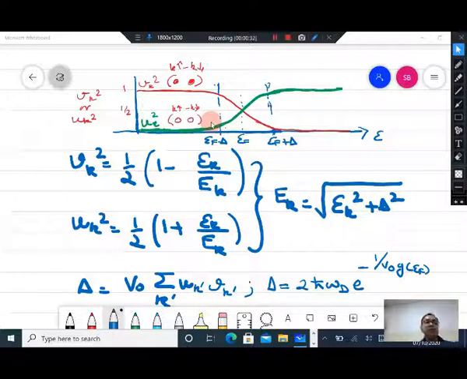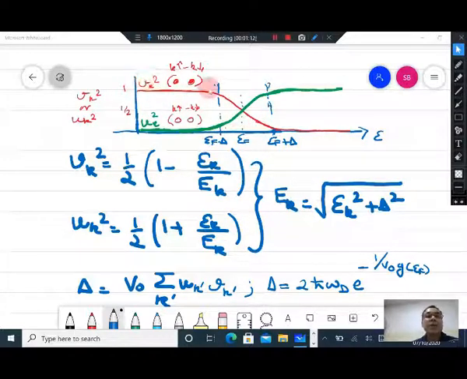It is a product of these states with probability weights or probability amplitudes, and using the trial wave function we found the expectation value of the energy for the system, and we minimized that energy. In doing so we came across these two probability amplitudes: Vk square, which is related to the probability that the k spin up, minus k spin down state is occupied, shown by these filled circles, and uk square, which is related to the probability that these states are empty, shown by these open circles. Their expressions are given by the following, and if you plot these expressions, these are probabilities.